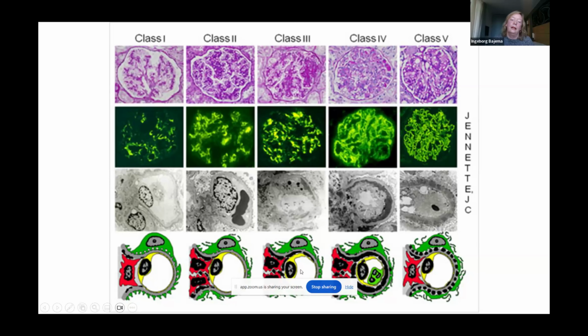And these are the lesions that we see in class 3 and 4, with only a cutoff level of more or less than 50% of glomeruli of the biopsy being involved in that, making a distinction. Class 5 is a very different type of lesion. This is the membranous type. And as mentioned, we can have switches from one kidney biopsy to another. We can also in one biopsy see glomeruli that would be like